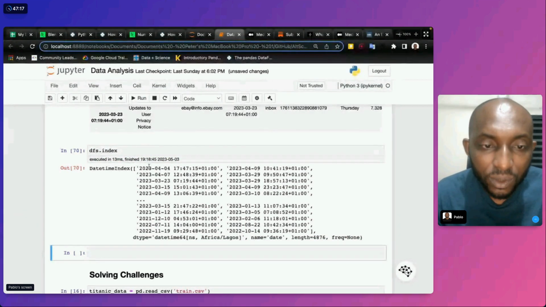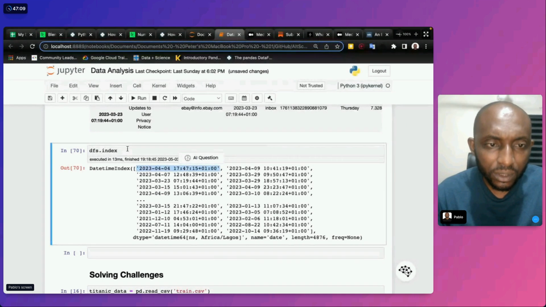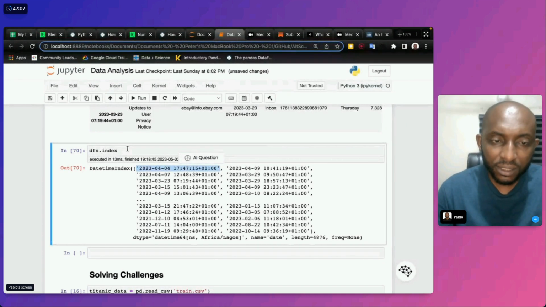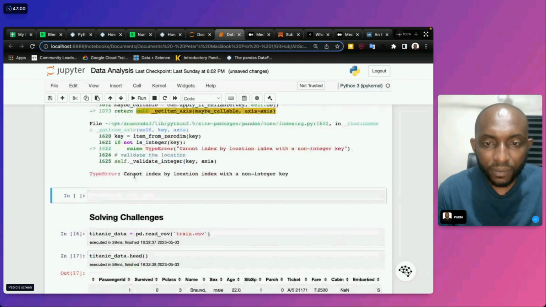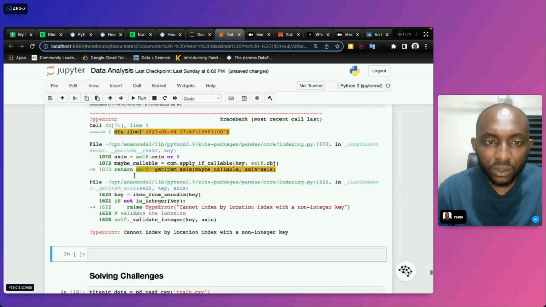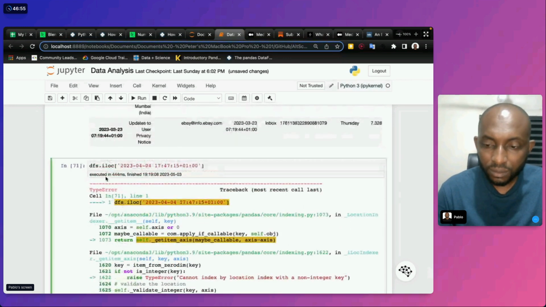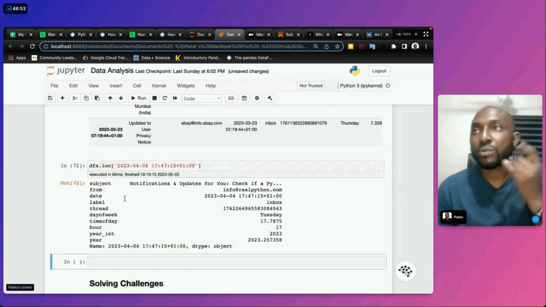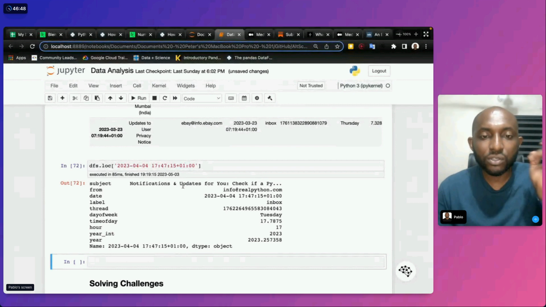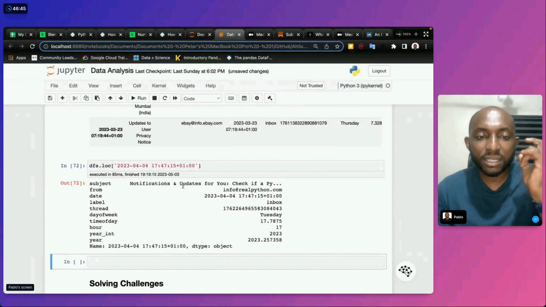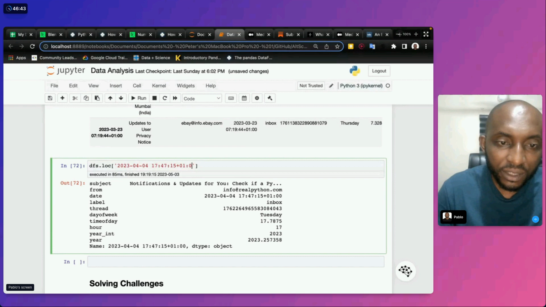Maybe you say iloc. No. Cannot index by location with a non-integer. So you can go from one position to another, which means you can take a certain date. Hold on, let me see if I can do this.